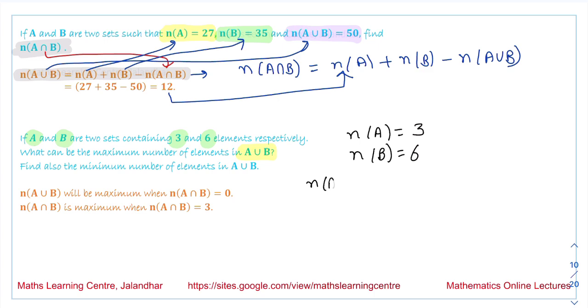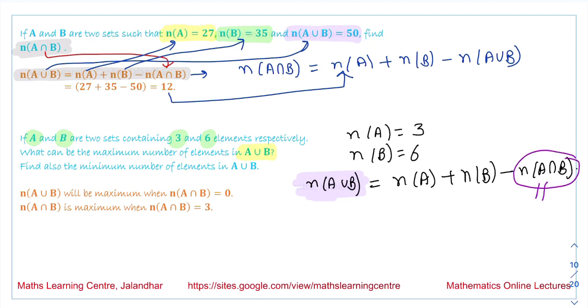Now, number of elements in A union B, the formula we have is number of elements in A plus number of elements in B minus number of elements in A intersection B. This value, number of elements in A union B, will have maximum value if this value is equal to 0, and the answer will be 3 plus 6 is equal to 9. So we are saying the maximum number of elements that it can have, it is 9, and this value will